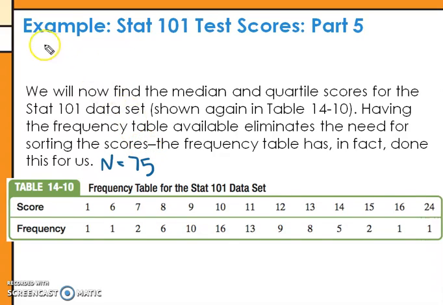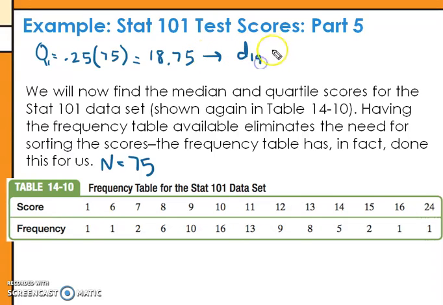So if I want to find, let's say, Q1, that is the value that's 25% of the way through this list. So I want to know what's 25% of 75? What number would be 25% of the way through the list? And it looks like I get 18.75. Then since that didn't land on a whole number, I always want to round up, so I'm looking for digit